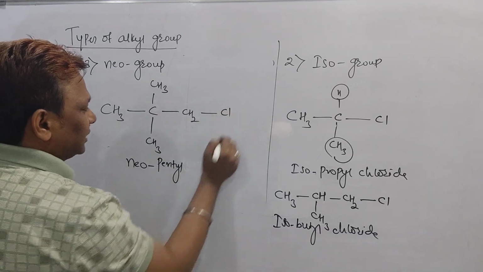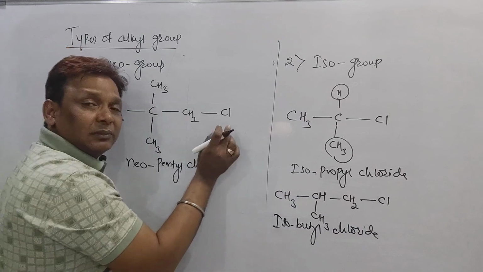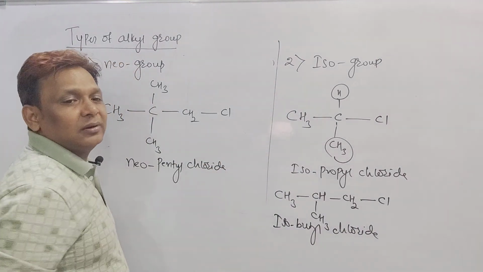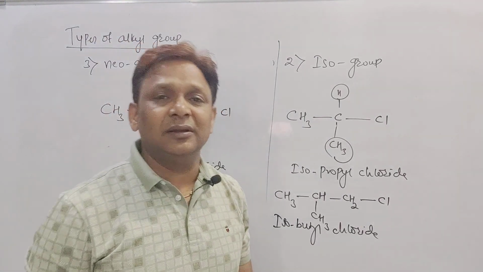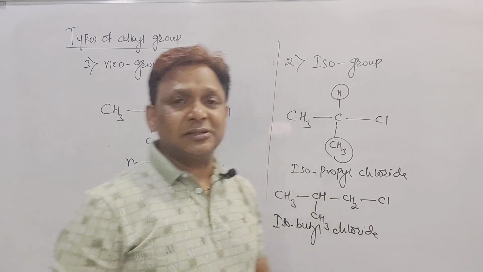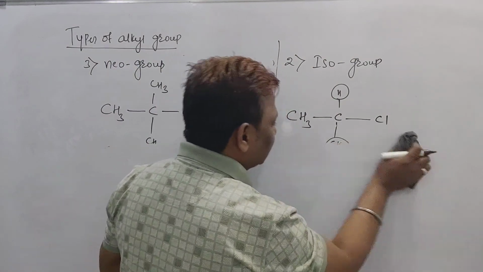Sir, I want to put Cl here, then it will be called neopentyl chloride. But in place of Cl, if I put OH, it is called neopentyl alcohol. Is it clear, beta? So this is yesterday's topic we have seen, types of alkyl groups, right? And we have seen yesterday, beta, types of carbon atoms. If you didn't understand that part,